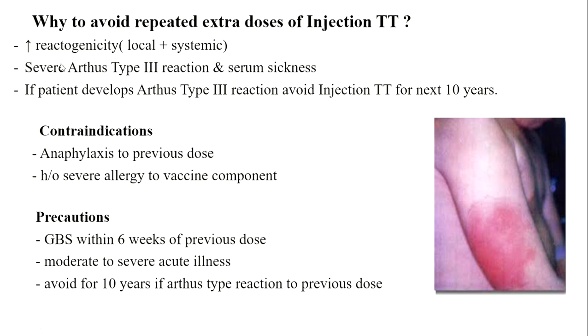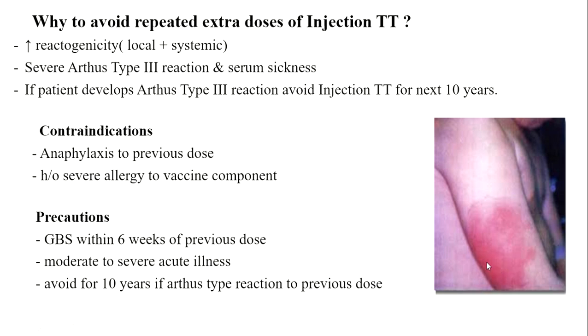So what is this Arthus type reaction? Here the patient already has a high level of protective IgG antibody against tetanus toxin, and once you administer the injection TT, the toxoid antigen will bind to this circulating IgG antibody, and this immune complex of antigen and antibody will get deposited in dermal blood vessels, dermal capillaries, and this will cause local vasculitic changes, where we can see